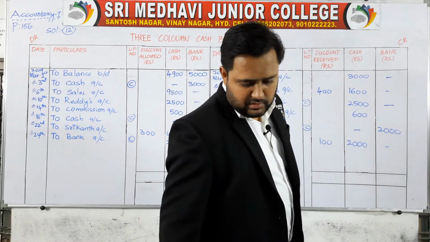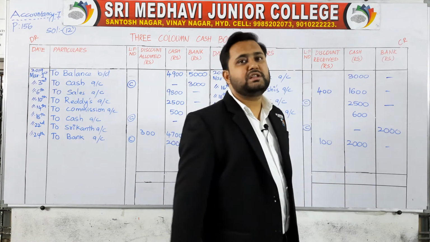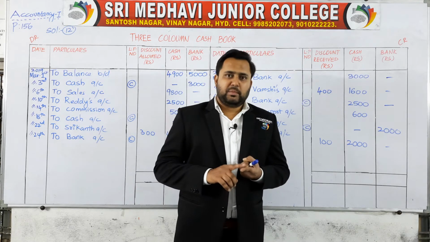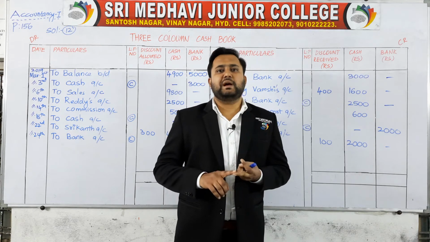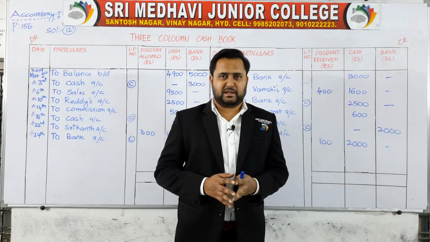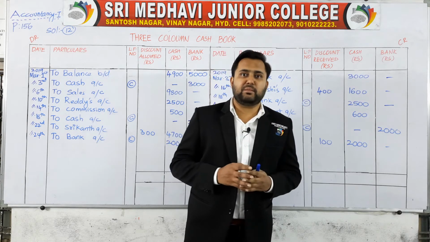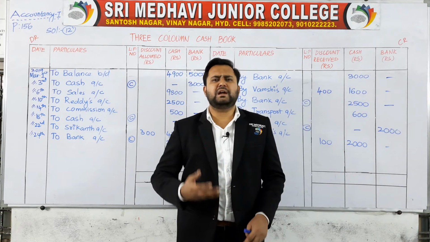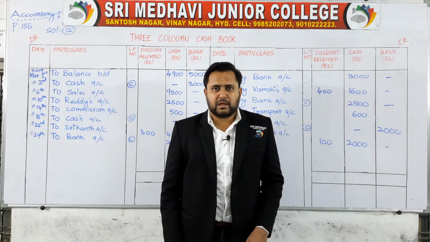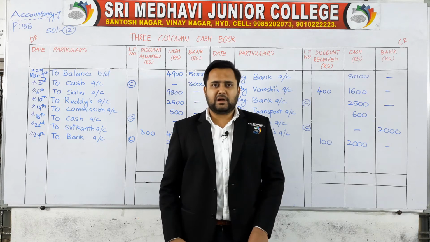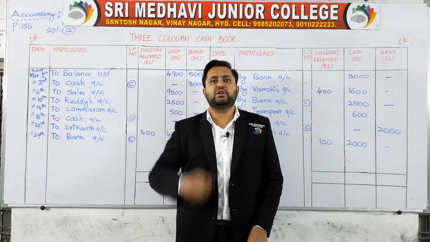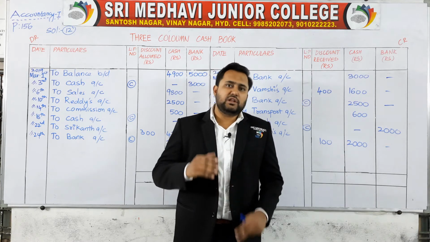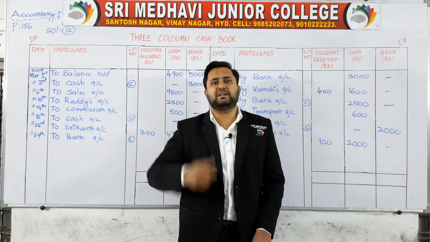Last transaction, purchase stationery and paid through debit card. Whenever you are paying through debit card, Amazon Pay, Google Pay or any other mobile application, it is related to bank. If you have a sufficient amount in your bank account, then only you are able to pay through debit card. Debit card is nothing but your ATM card. So if you are paying with your ATM card, it means you have some amount in your account. If you have an amount in your bank account, then only you are allowed to use your debit card.